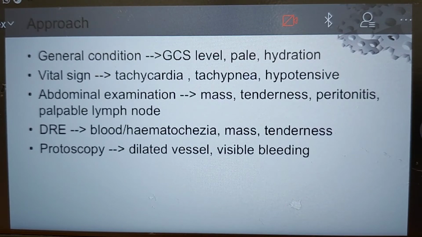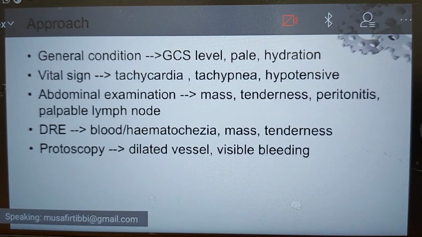So when a patient comes in with a lower GI bleed, in the approach we have to do, the first thing is to see the patient's general condition, whether the GCS is full, whether the patient is ballotable or not, and how about the hydration status. Then after that, we have to take the vital signs of the patient to make sure that he or she is not in shock, because if the patient is in tachycardia, tachypnea, or